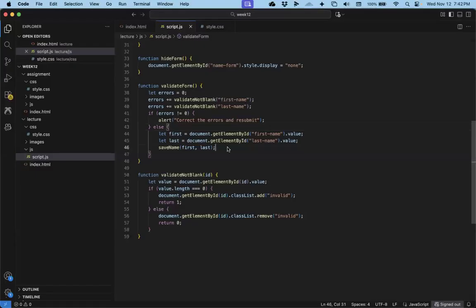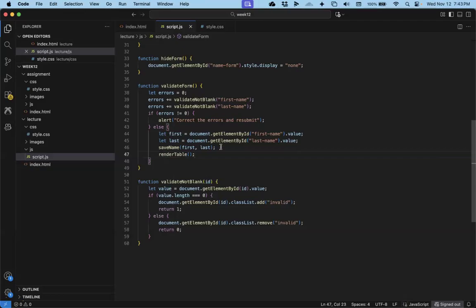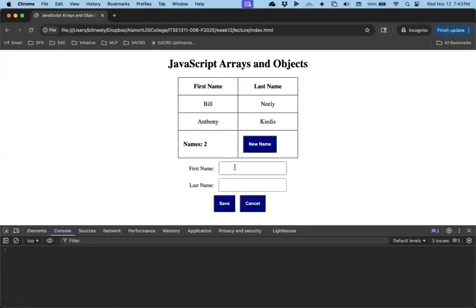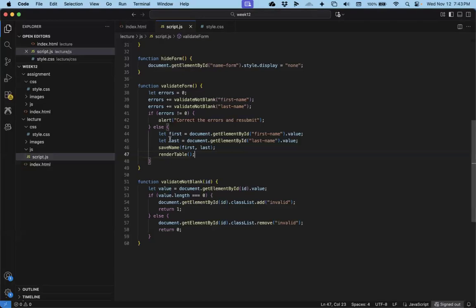So once I save it, I want to call render table. Okay, that'll rebuild the table. Okay, refresh, new name, first, last, save. What happened here? So I re-rendered the table, but I added the data that was already in the table. So what I need to do is at the beginning of the render, I just need to clear the form. So I just need to empty the table. So I can just set the inner HTML to nothing